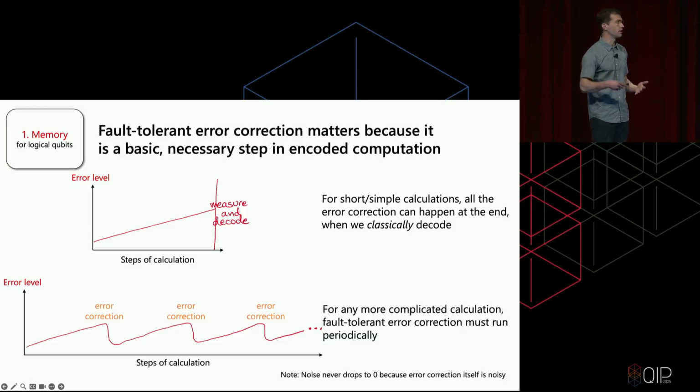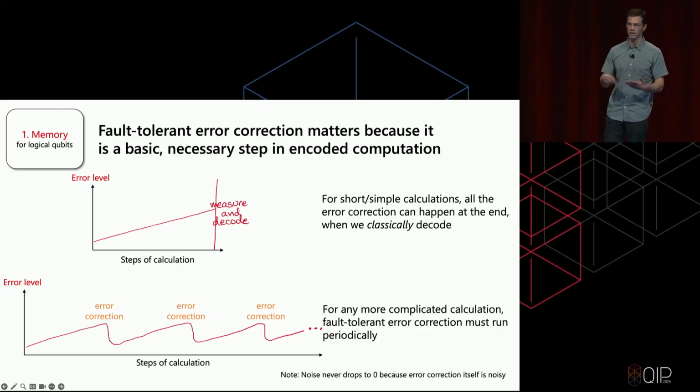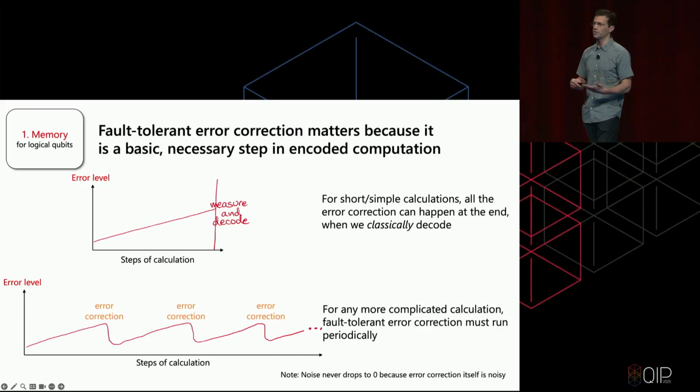But for any longer calculations or calculations that are more complicated, you're going to have to run error correction periodically. And here, this is a cartoon. Again, you can sort of see the error building up. You run error correction. The error builds up when you do a few more steps of computation. You run error correction again. And notice, the error level never drops to 0 because error correction itself has errors in it. So it's fault-tolerant error correction, meaning it's allowed to have errors, and it still works, but it's not perfect error